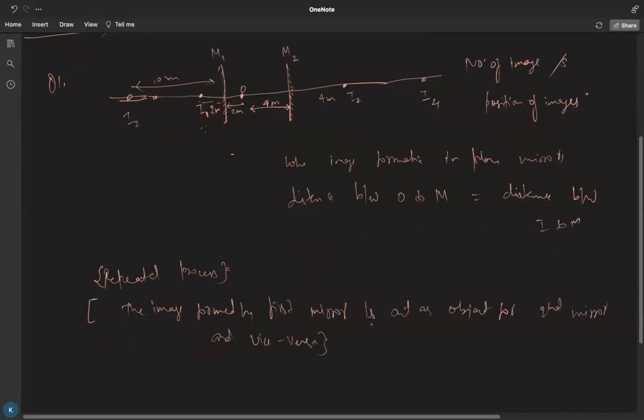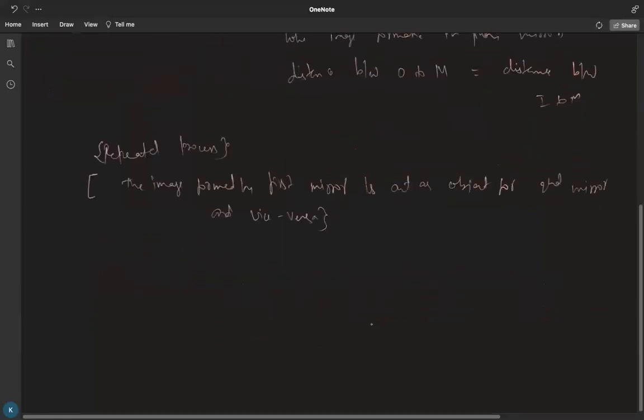ठीक है कि फर्स्ट मिरर के द्वारा बनी इमेज सेकेंड मिरर के लिए ऑब्जेक्ट का काम करेगा, एंड सेकेंड मिरर की इमेज फर्स्ट मिरर के लिए ऑब्जेक्ट का काम करेगा. So these are the things that you have to keep in mind, and this process actually continues, right, till it